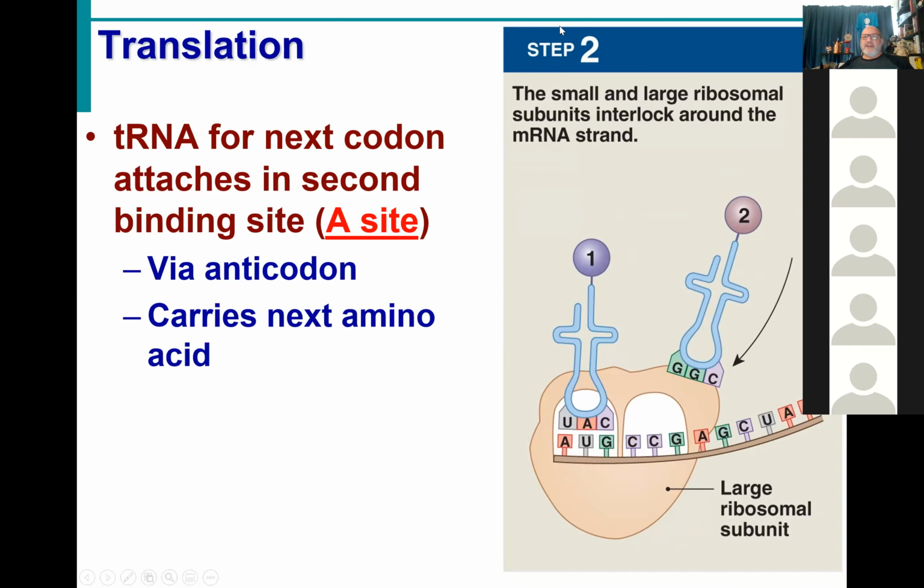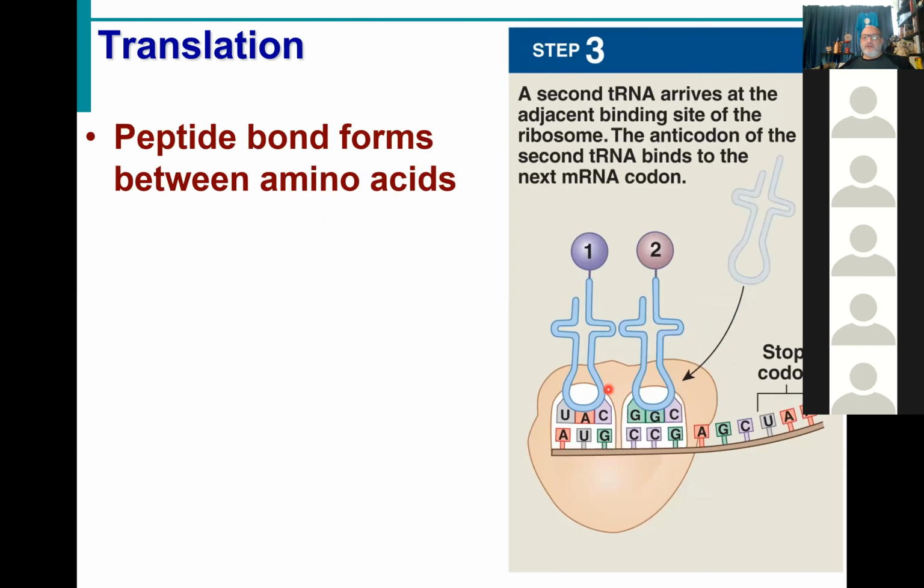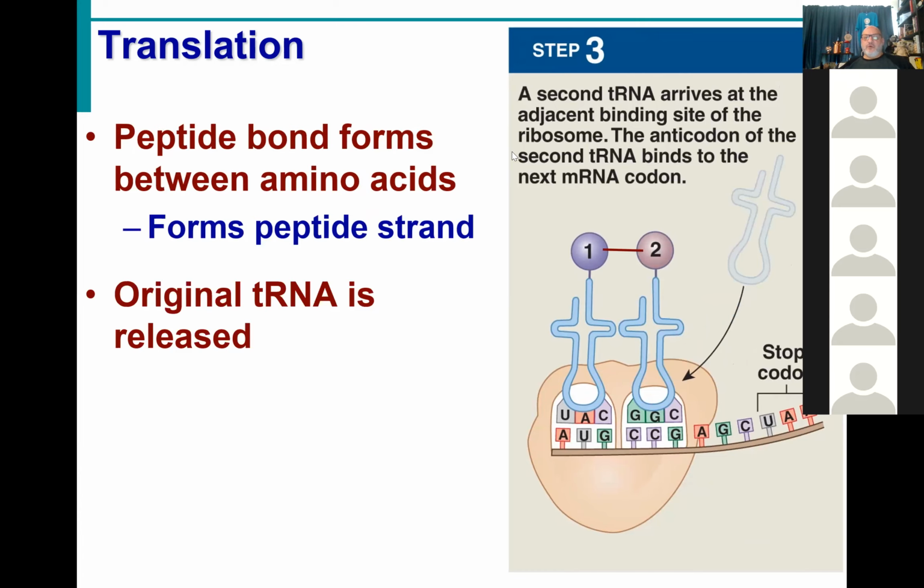Once we have this site filled with all the transfer RNAs that we can, all 2 of them, this is when the ribosome does its work. Make a bond and break a bond. First, we are going to form that peptide bond between the 2 amino acids. That, of course, produces a water, and that water can be used to break the bond between the first transfer RNA and our first amino acid,